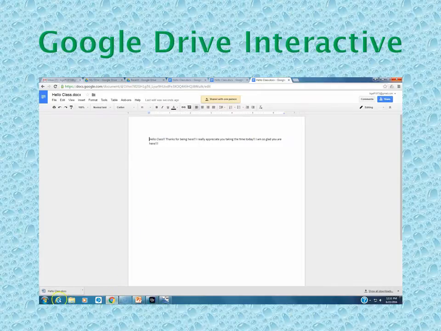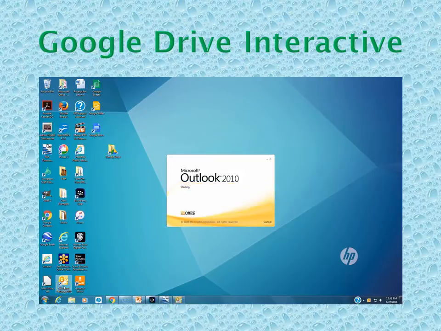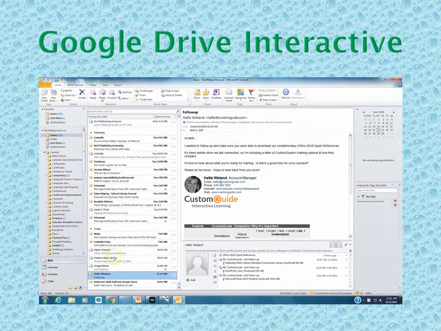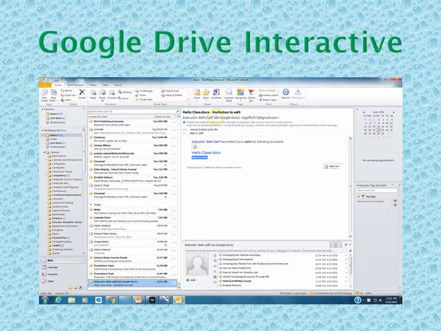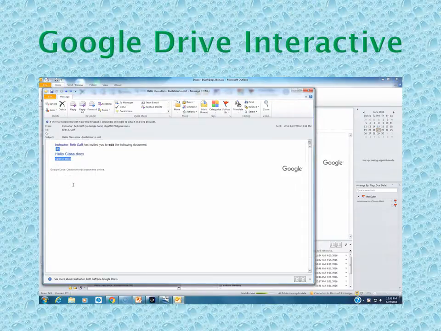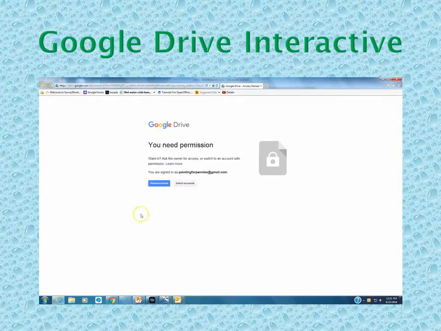Okay. So now I can go into my email and there it is. Okay. So I can double click on that. I may need to right click, to get those pictures to come through for whatever reason, but now I can go into the document itself. Going to request access.